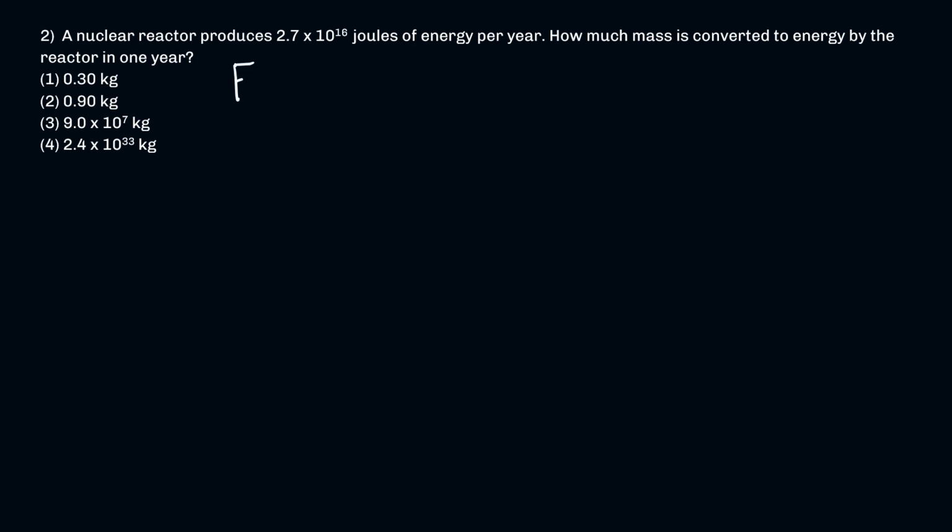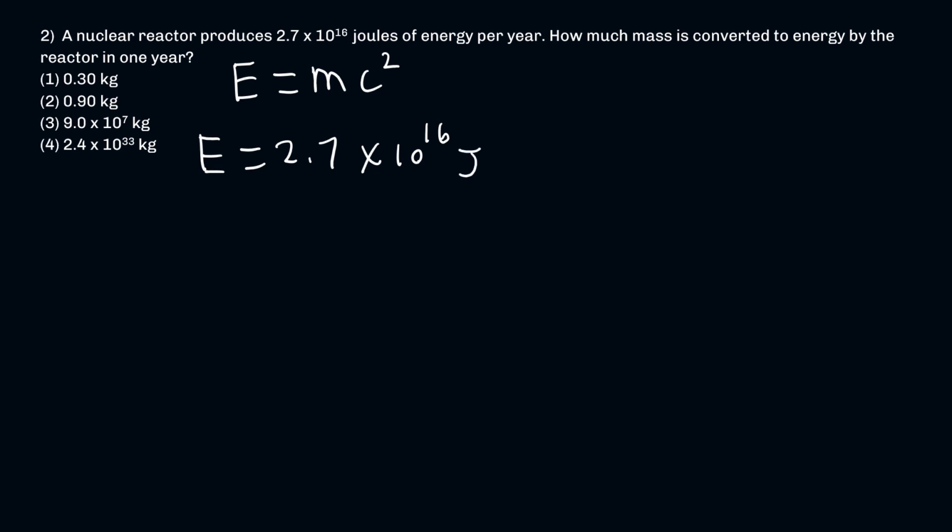So looking at this equation, what am I given in this question that will lead me to this? The first thing is that the nuclear reactor produces 2.7 times 10 to the 16th joules of energy per year. So I have my energy